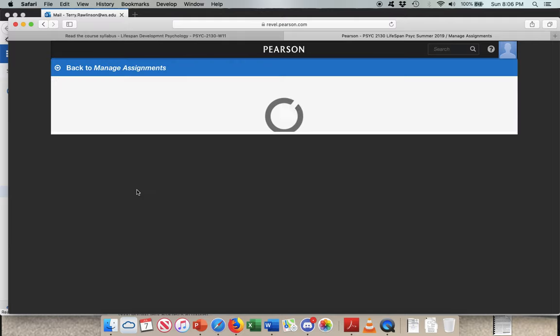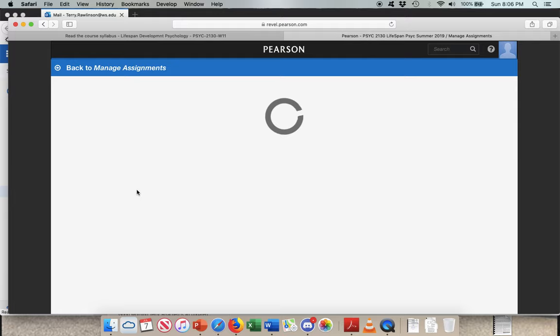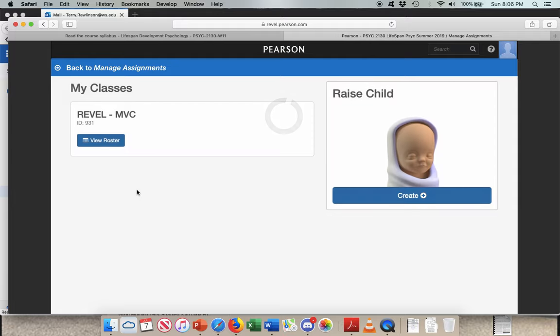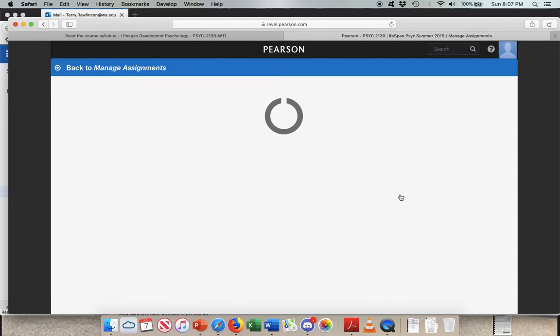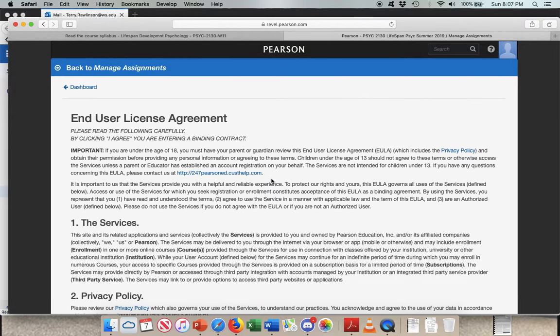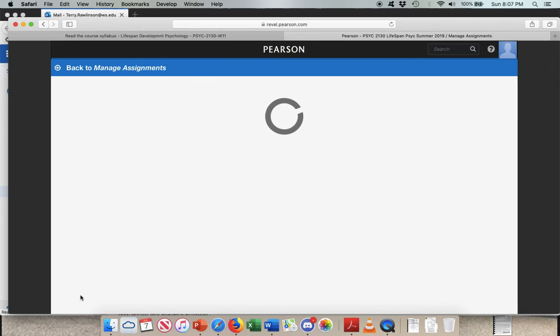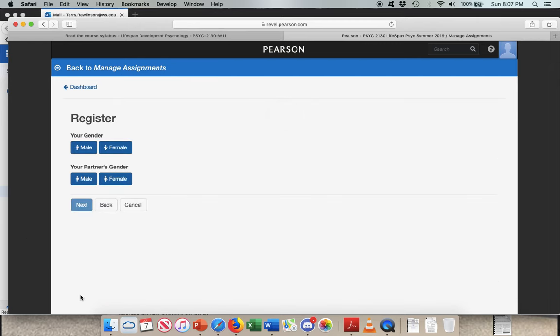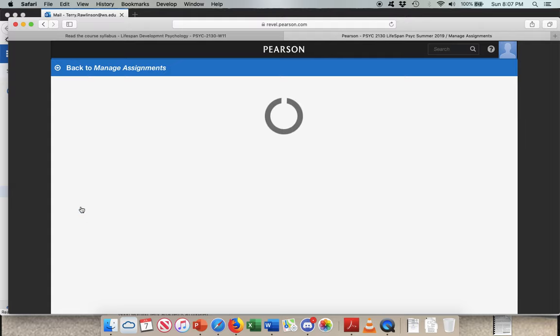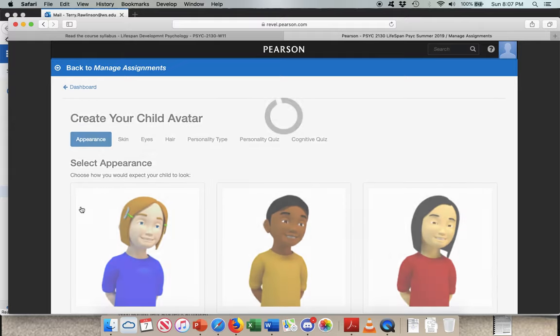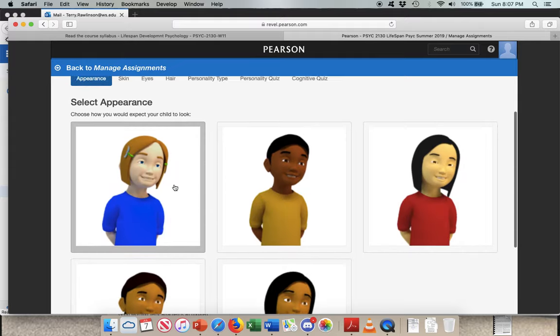I'll show you what it looks like. I'll start a simulation here so you can get a sense of what it looks like. I'm going to create a new child, and it's going to read over the EULA. I'll accept it. And then it asks me what my gender is. I'm male. My partner's gender is female. Next. It will ask me what kind of appearance